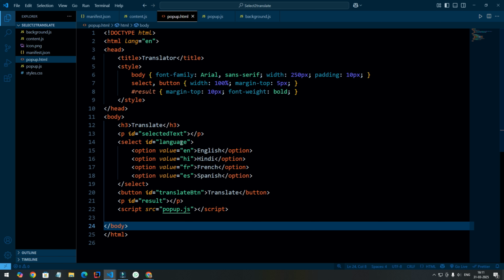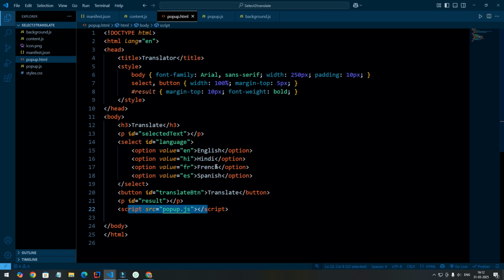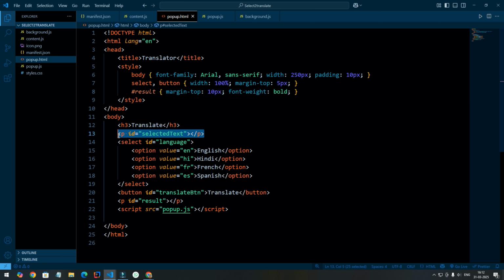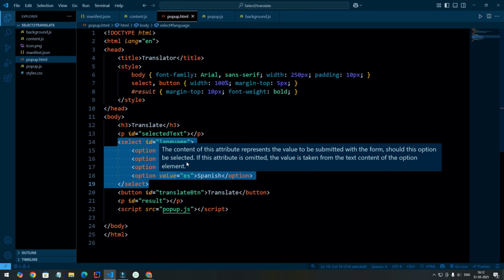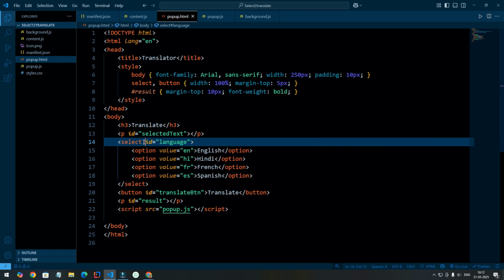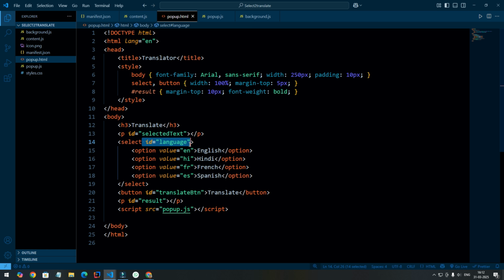And now let's see the structure of our HTML and the functionality of our JavaScript code for the Chrome extension's pop-up interface. So this is the popup.html in which we have a paragraph element with ID selectedText. So we will get this ID in the JavaScript code and add the selected text here. And next we have a drop down menu where the user has to choose the target language for translation. You can add multiple languages here, and this select tag has ID language that will be used to get the selected language in JavaScript. And then we have a button with ID translateButton.